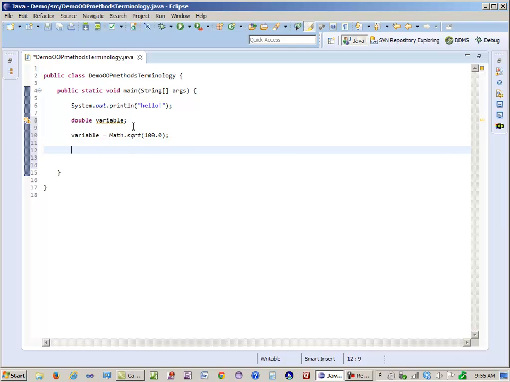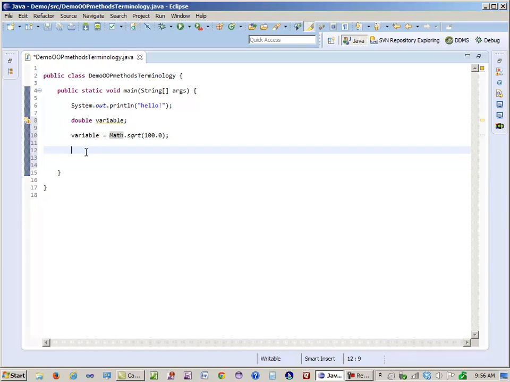Well, this is a method call. So the method is called sqrt, and you can pass something into the method. So think of this as we want to take the square root of 100. And we can't call a method unless it is part of a class, and this is the name of the class that we're accessing. So the math class has a bunch of methods in it. One of them is to take the square root, and it returns a double value,